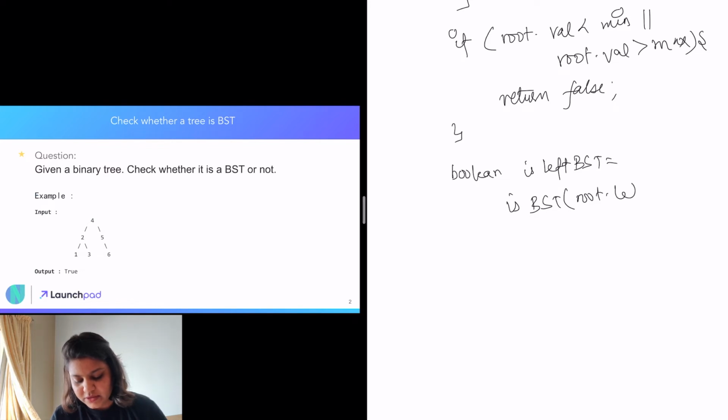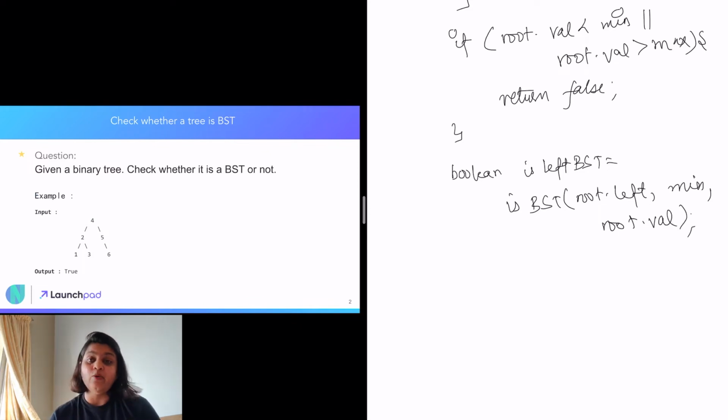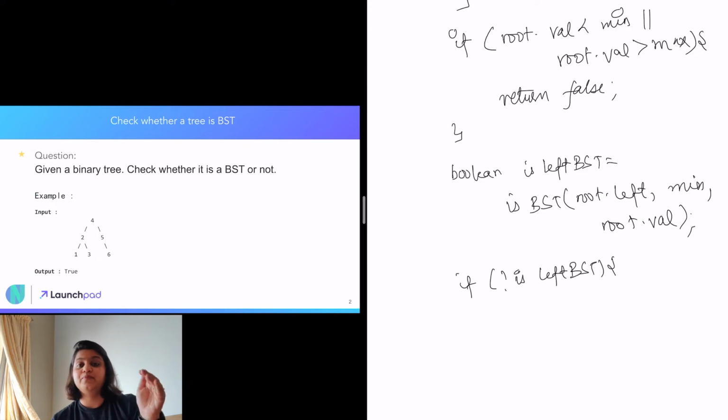So we are going to pass root.left, and as we know, for the min we don't have to change, it will be min, but max gets changed for the left subtree and it will become root.value. Now before going to check the right subtree, if our left subtree is not a binary search tree, at that point only we can return false, right? Why go through the whole right subtree as well? Because even if one node does not follow the restriction, the whole tree becomes a non-binary search tree. So if the left tree is not a binary search tree, we are going to return false.